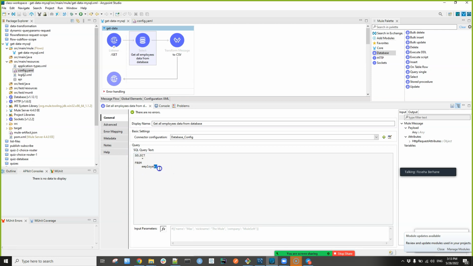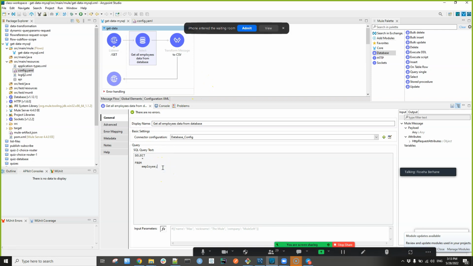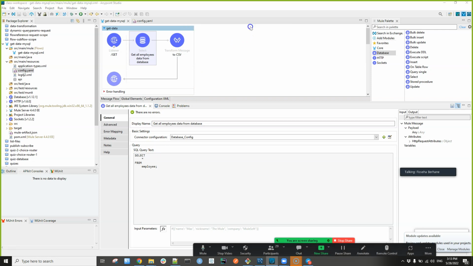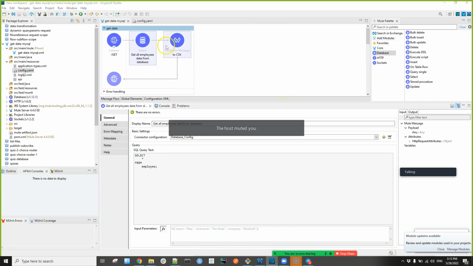Usually this is not what we do in real world applications. We only query the data that we are interested in based on some filtering criteria, or after aggregating and filtering it further. But this one is just for show. So let's start with this default one where I'm not passing any ID or anything. So select star from employee. Then after that,